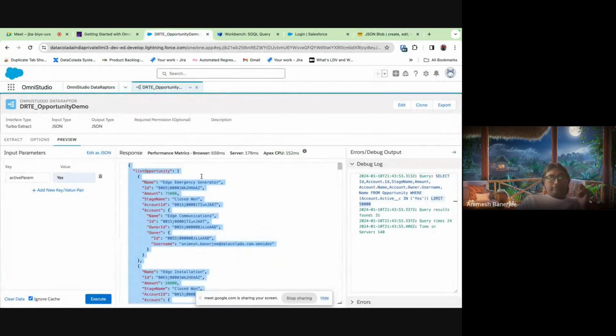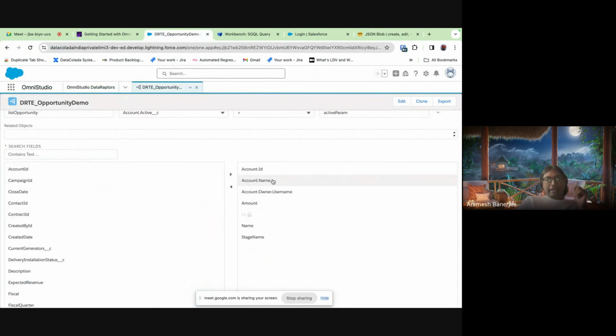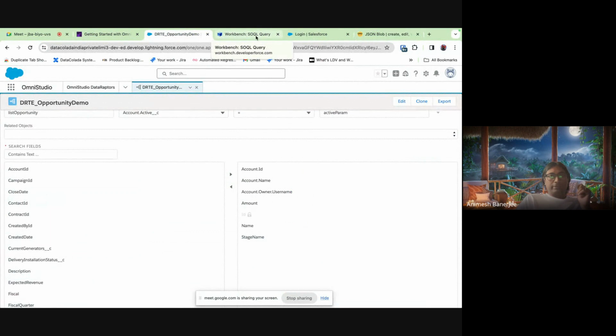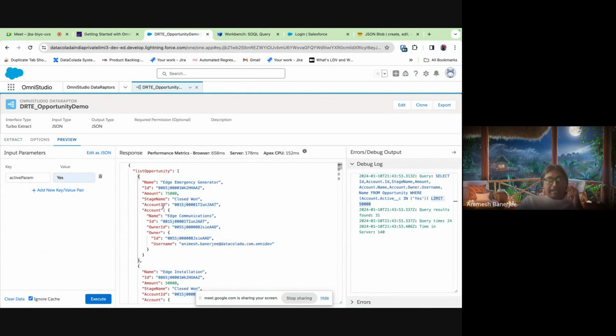আমি এই টার্বো এক্সট্রাক্টটা চালালাম, যখন আমি এটার মধ্যে দেখো অ্যাকাউন্ট ডট নেম দিয়ে দিয়েছি, এই নেমটা কিন্তু ও একটা নেস্টেড স্ট্রাকচারের মধ্যে আমাকে রিটার্ন করেছে। এটা কি লক্ষ্য করেছো? এই জেসনটার মধ্যে একটা অ্যাকাউন্টের আরেকটা জেসন আছে, কারণ অ্যাকাউন্ট ইটসেলফ ইজ আ ডিফারেন্ট রেকর্ড, রাইট? তার মানে এটা একটা নেস্টেড অবজেক্ট স্ট্রাকচার, যেখানে এই চারটে ফিল্ড অপরচুনিটি অবজেক্টের, তার ভেতরে ঢুকে গেলাম, দিয়ে আমি যখন অ্যাকাউন্ট রিটার্ন করছি, এই অ্যাকাউন্টের এই চারটে ফিল্ড পেলাম, তার ভেতরে আবার আর একটা নেস্টিং পেলাম, যেটা হচ্ছে আবার ওনারের রেকর্ডটা, ঠিক আছে? তো 3 লেভেল নেস্টিং করে ও রিটার্নটা করছে আমাকে, ঠিক আছে? এটা মাথায় রাখতে হবে যে আমি যাই প্যারেন্টে যাই।